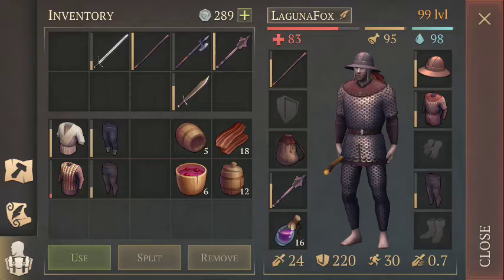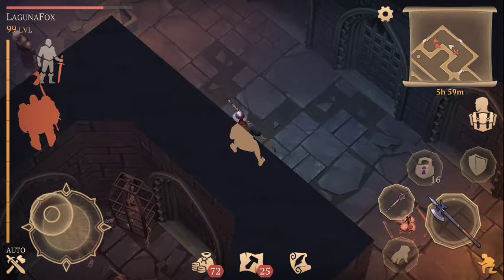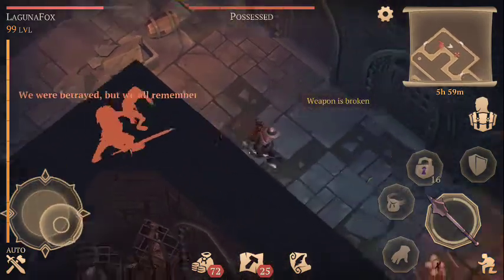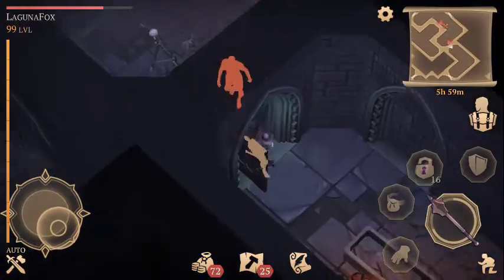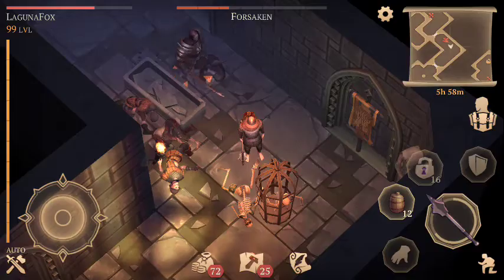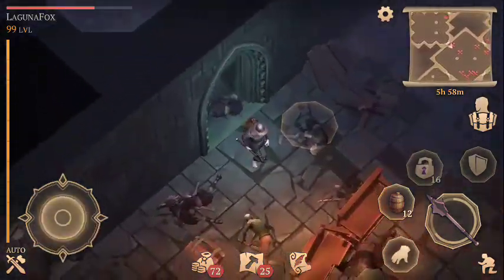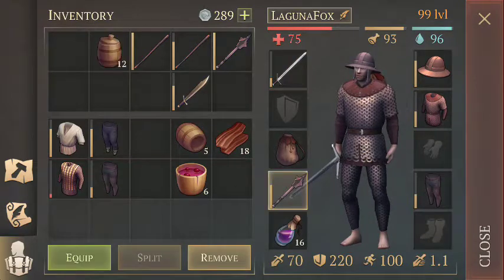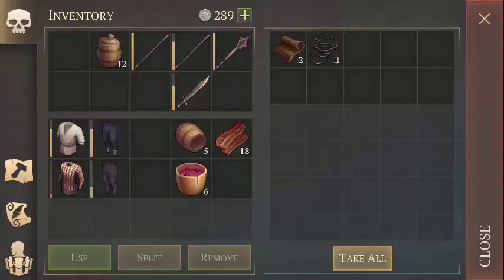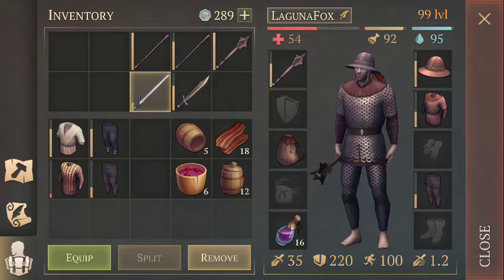Am I going to be able to get a sneak attack off on the Forsaken? Because if I can, that would be ideal. Nice! Alright, then I'll go all the way down here. Smash, smash, smash. My barrels of honey over there. We're gonna run back over here. And actually, you know what? Yeah, I don't need the honey. We'll just hit him with that. Hit him with that. Done. Excellent. That works for me. Alright, so...